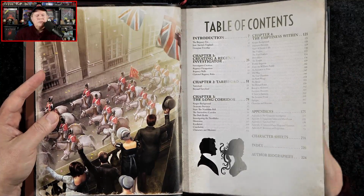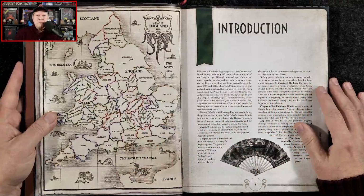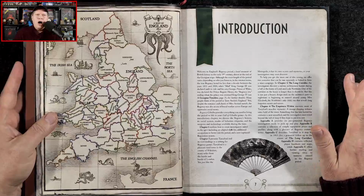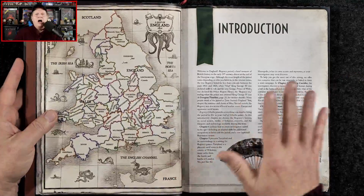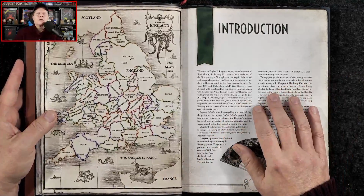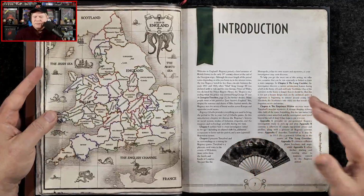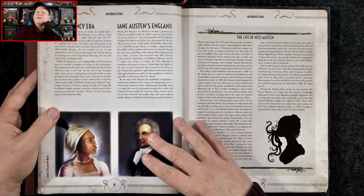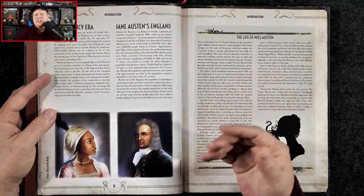Artwork throughout, for the most part, very solid. There's a few pieces that are sort of ho-hum. But all in all, solid artwork. And of course, the cartography, top-notch. Excellent. Okay. So if you're not familiar with the Regency period,